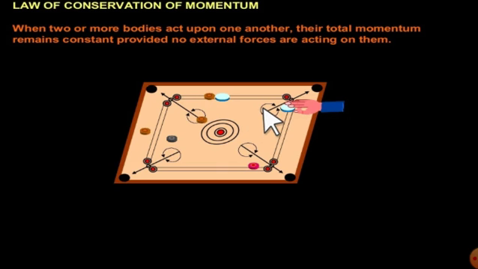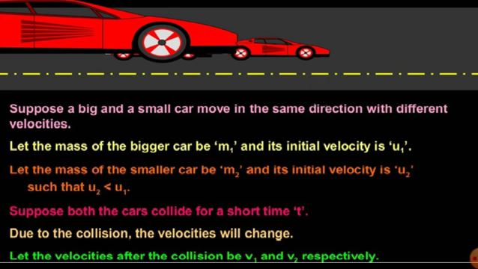The sum of the momentum, I mean. So the total momentum, the sum of the momentum before collision, will be equal to the sum of the momentum after collision, okay? That principle we call as what? Conservation of momentum. So let's try to prove this in the next part, and you will know it better.